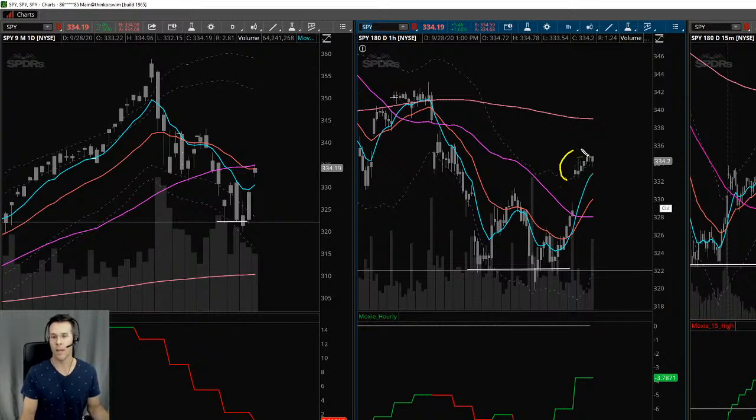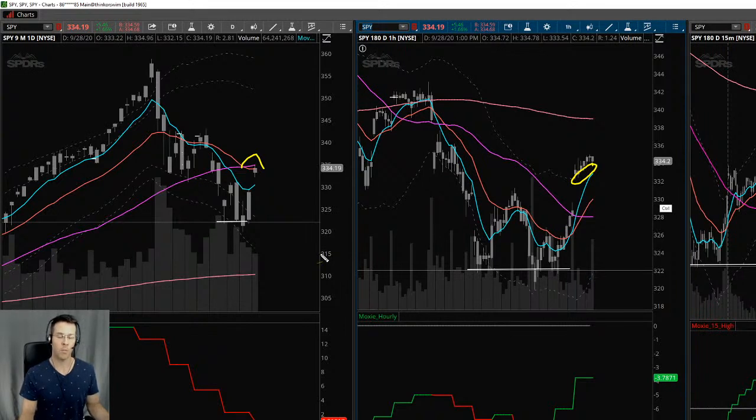First of all, it is at or outside of the hourly third ATR. That's really up there. That is the upper end of its range. And also note that there's this big gap between price and the 8 EMA. That is up there. And then you add to it, now we're right here at the underside of this moving average resistance. So whether this is tomorrow or Wednesday, we're never quite sure about timing.